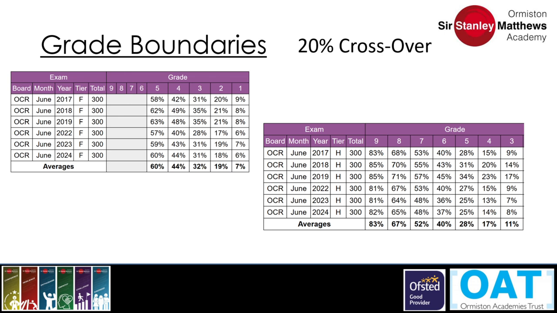So, grade boundaries over the past few years, as you can see there on the left, foundation paper, to get a grade 4, you need to achieve 44%, and to achieve a 5, roughly about 60%. And then for the higher tier paper, those are on the right. There's a little comment there just to say there's 20% crossover. So 20% of the foundation paper will be on the higher paper as well,